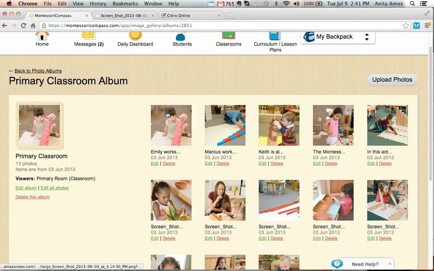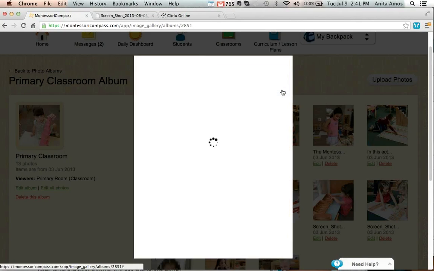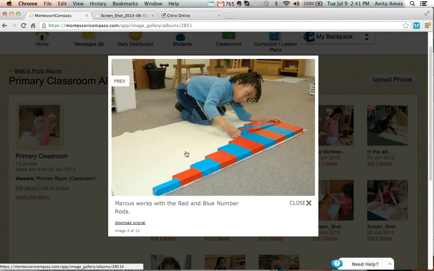Going back into that slideshow here, you can use this for educational purposes. Again, to showcase your Montessori classroom, your Montessori materials. Marcus works with the red and blue number rods. Again, you're showing a child in your classroom that's doing something interesting, and that's great in and of itself.